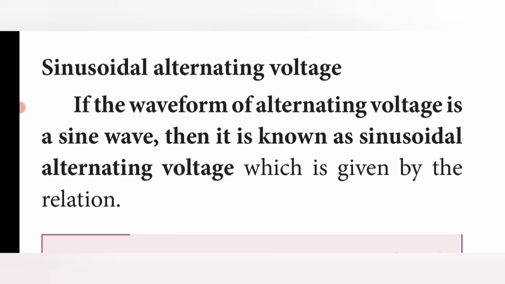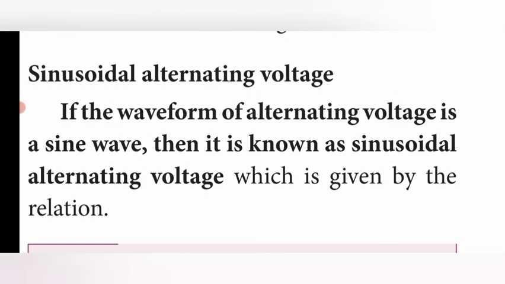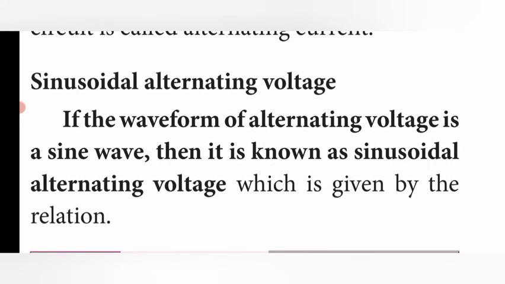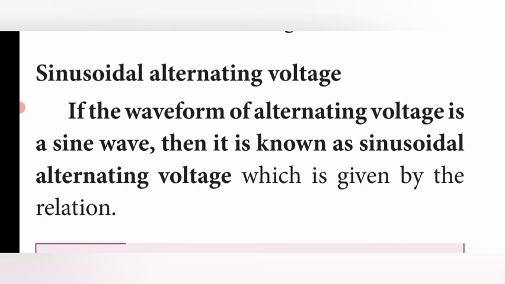We have to draw a diagram between the voltage and the complete rotation, that is omega t, theta. What will happen? A continuous wave formation is produced. That wave formation is considered a sinusoidal alternating wave. The waveform of the alternating voltage is a sine wave, epsilon is equal to epsilon m sine omega t only. We found that value. So it is known as the sinusoidal alternating voltage, or it can be referred to as a sine wave.